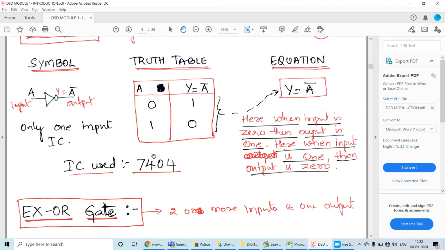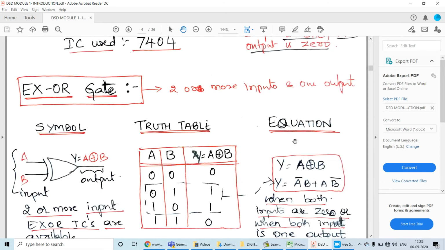So what is the IC used for NOT gate? 7404. The IC which is used for NOT gate is 7404. Okay. Now next gate,